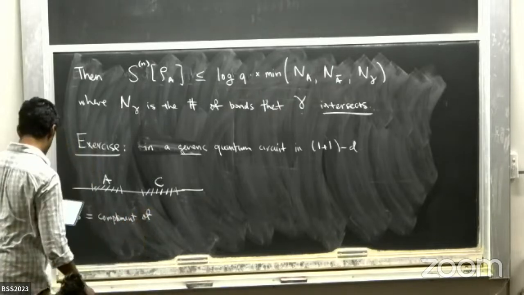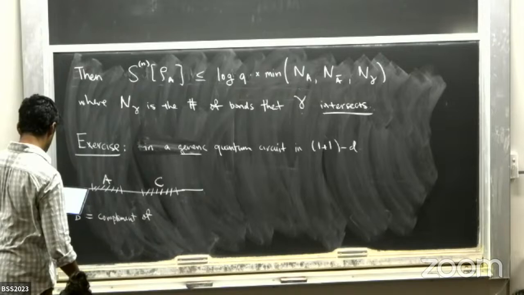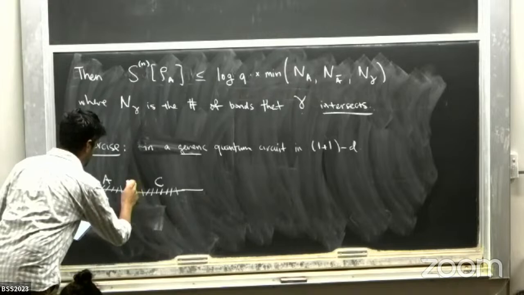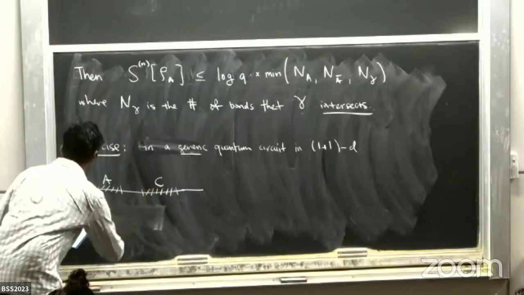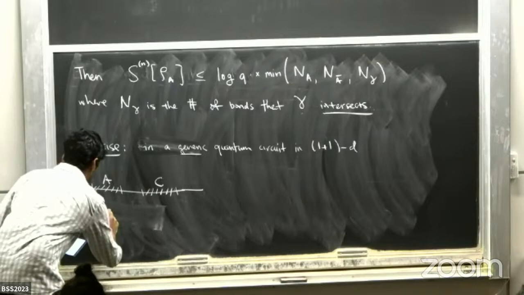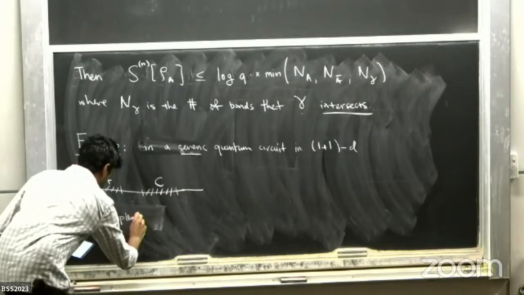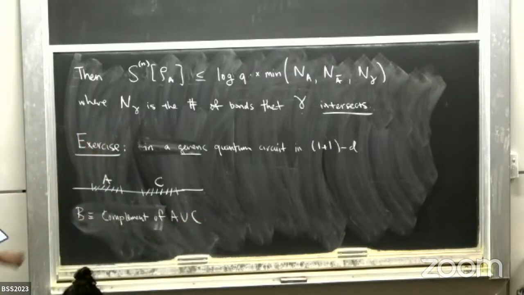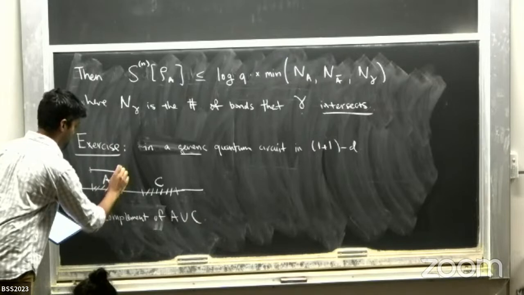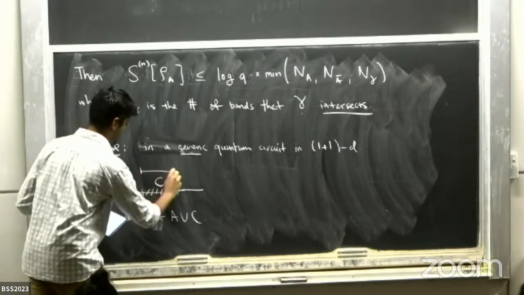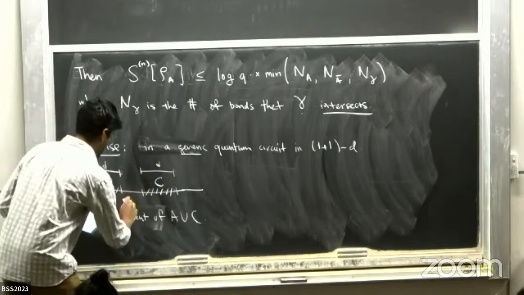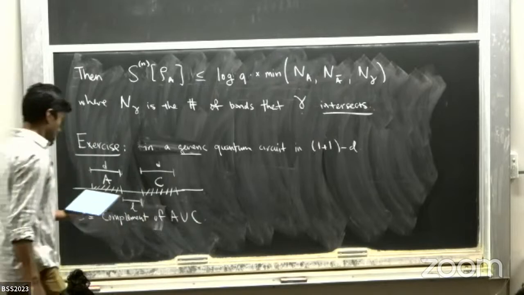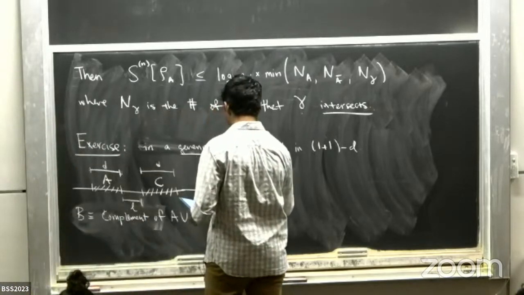and then I'll define B is the complement, actually, sorry, B is the middle. Oh, sorry, no, B is the complement of A union C. So it's the rest of the system. And let's say A has D qubits in it, and C has D qubits, and B has, say, L qubits in it. And let me assume that D is greater than L,